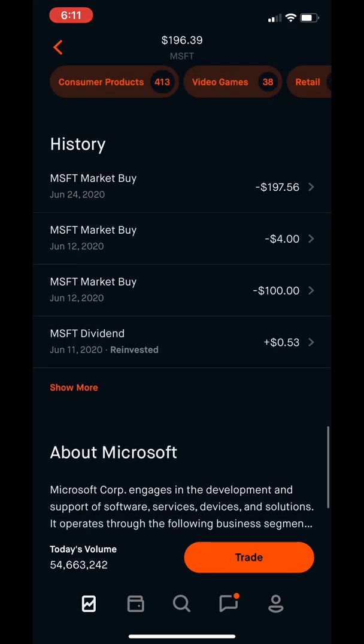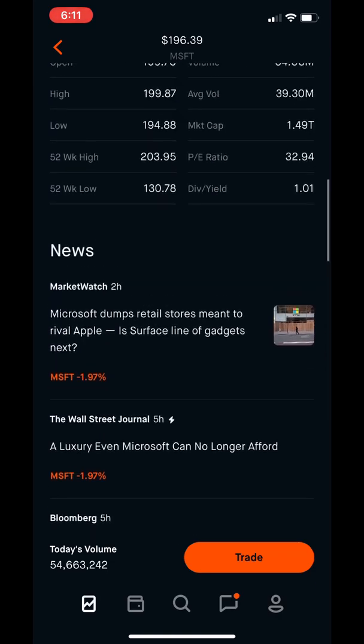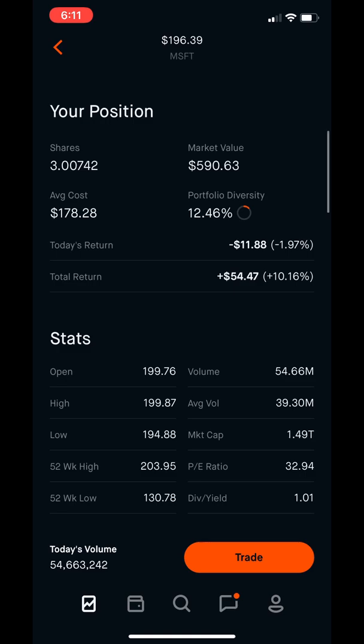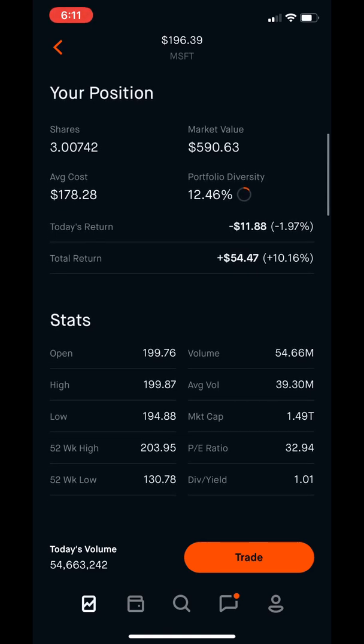I don't know why I bought $4 worth. Oh yeah, because I think I was buying it with dollars on X. No, that was a previous purchase, my bad. No, so we just bought 1 flat out share of Microsoft for like, I wish, $197 per share. So now we're currently holding 3 shares of Microsoft at an approximate market value of $590, which